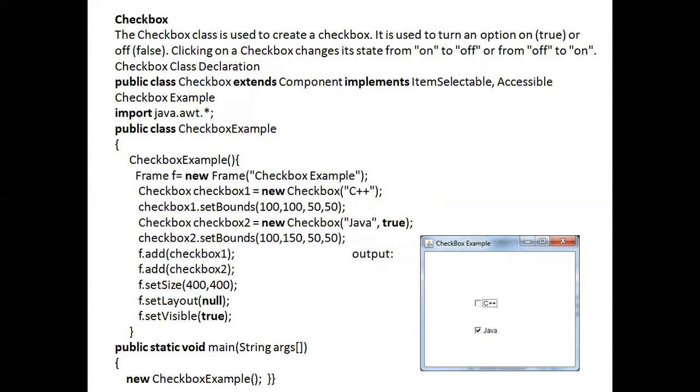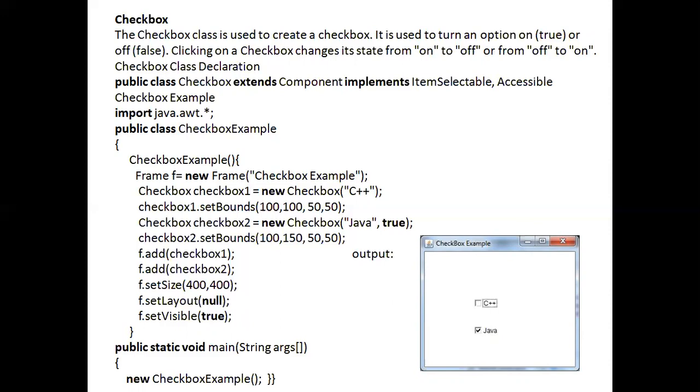We have declared the class name as checkbox example, and the constructor of checkbox example is inside the class. Inside that, we have declared the frame named checkbox example, and inside it we have declared one checkbox, C++, with the boundaries of 100, 150 and 50.